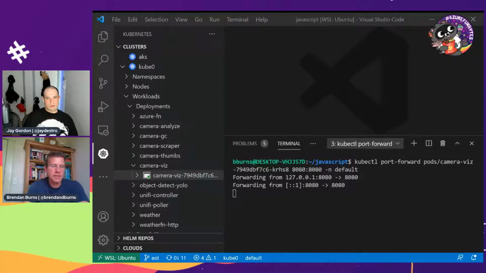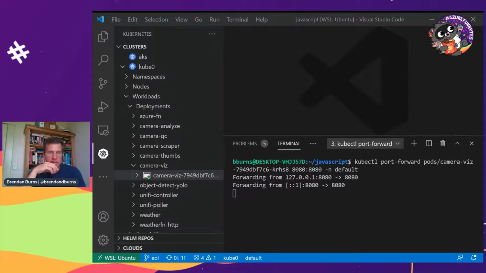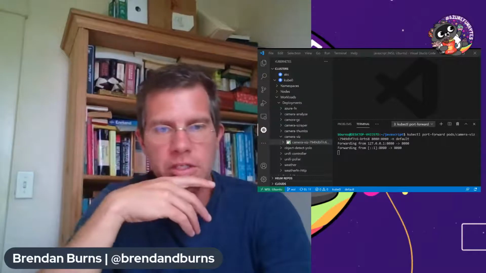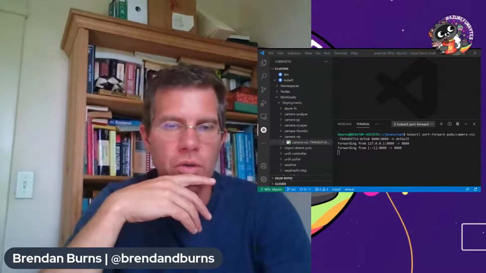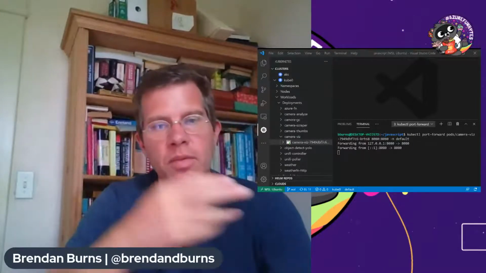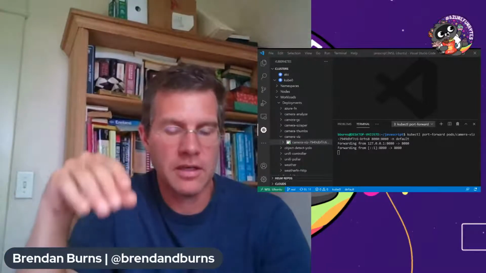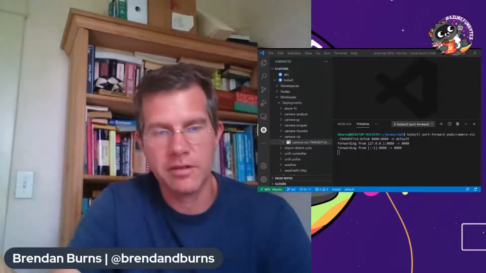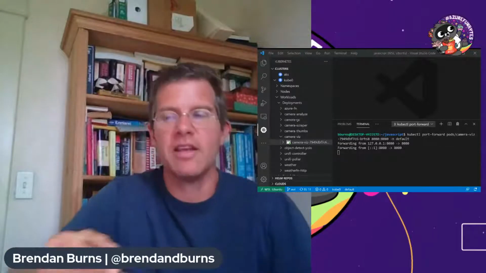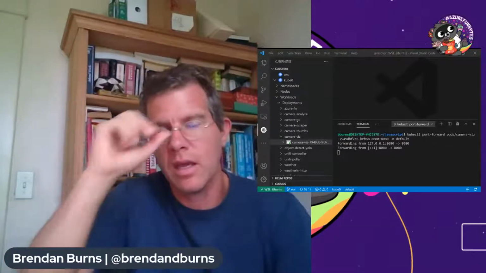Yeah. And I think that brings us into another area outside of VSCode that I'm pretty excited about, which is the work that the team has done in Gatekeeper, which is the policy implementation for Kubernetes. So it's great to have tools that lead you down the right path. But another aspect of this is making sure that the things that people create on the Kubernetes cluster, they can't take the wrong path. So make sure people follow the happy path, and then also make sure people can't take the wrong path.